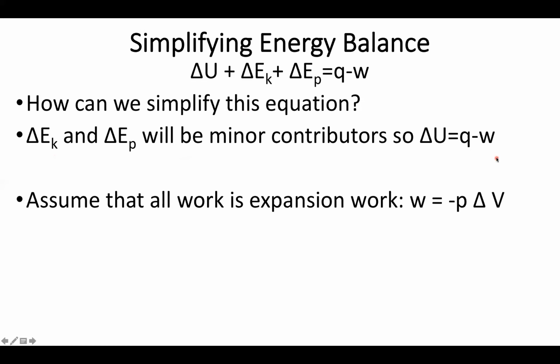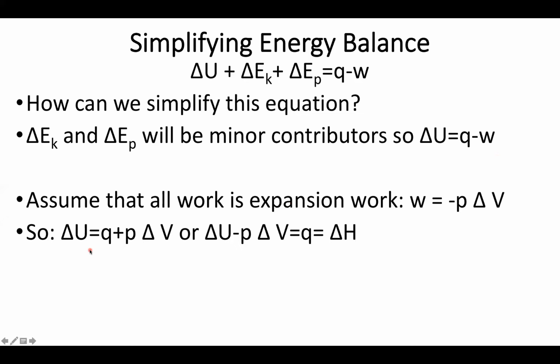And then we can make a classic approximation from physical chemistry and assume that almost all of our work is going to be PV work, so expansion or compression of the system. So if we do this, we can end up dropping our equation to our old friend from PChem. Change in internal energy is heat plus PV, or